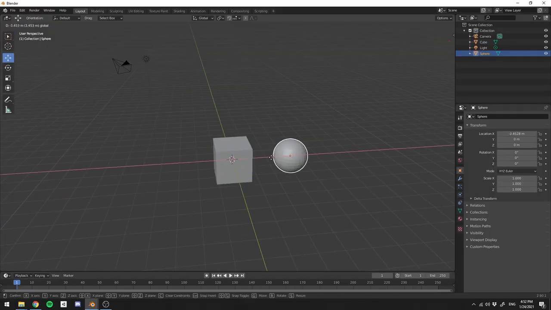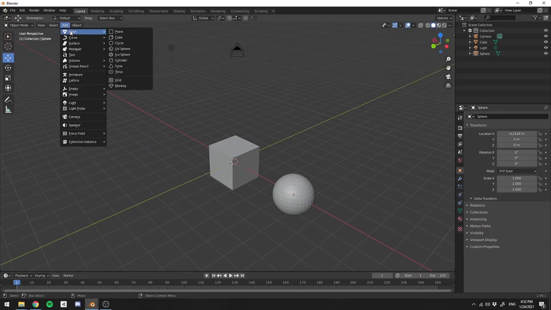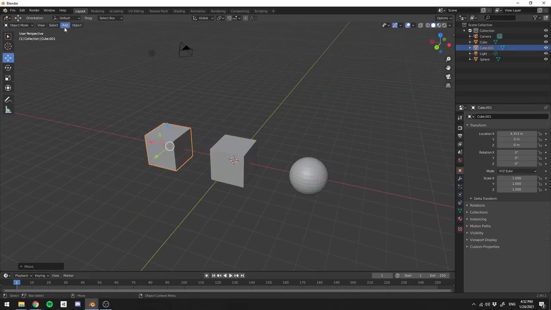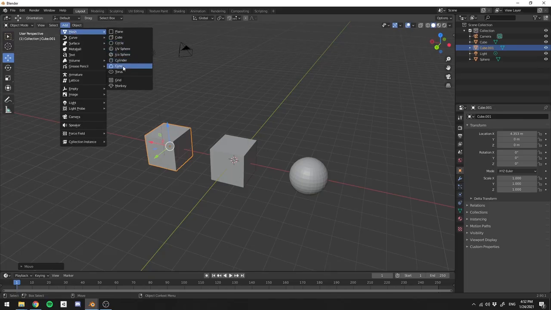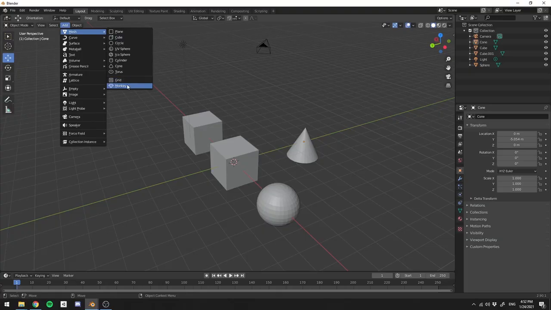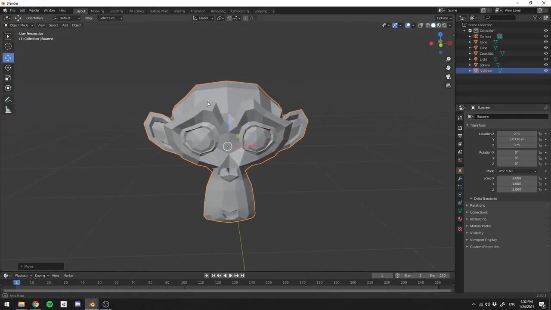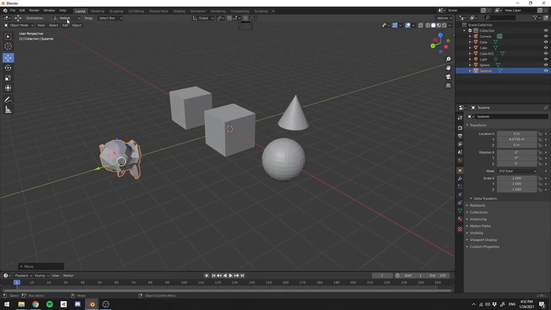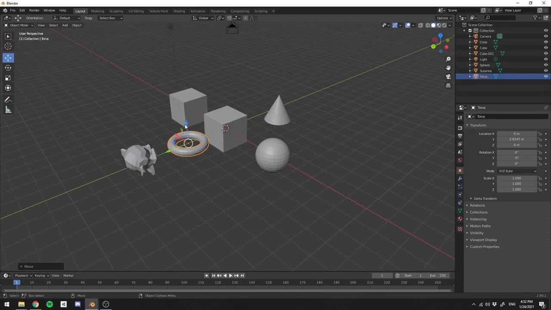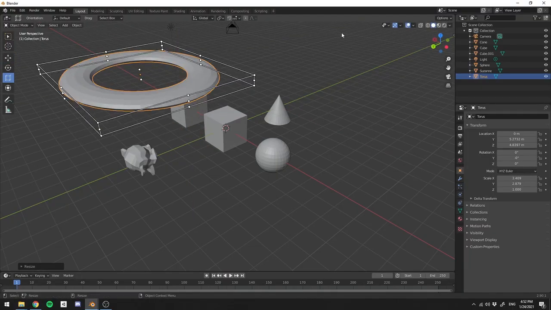So I'm going to move it aside, and as you can see, we've added a sphere. Let's go again here. Let's add another cube. All right, let's go again here. You can add a cone. So from this menu, you can add different objects. We can even add the monkey, which is the iconic model for Blender. So going here, Mesh, let's try the torus. As you can see, we've added a lot of different objects over here